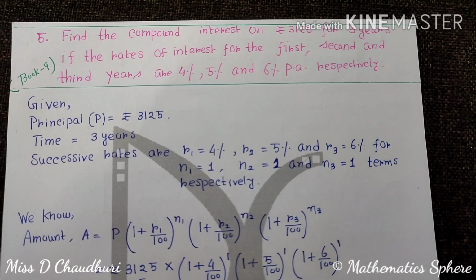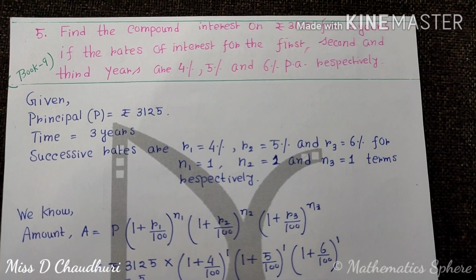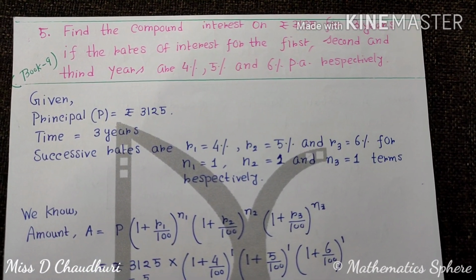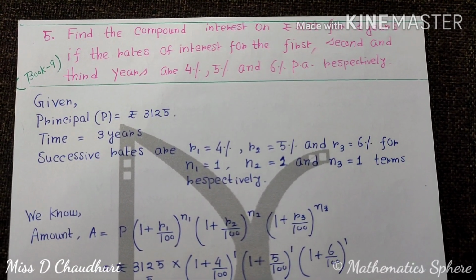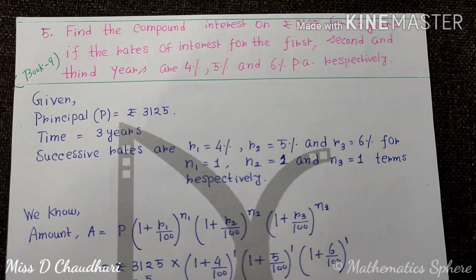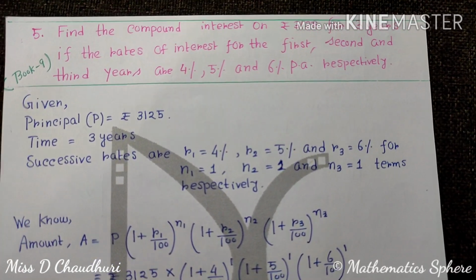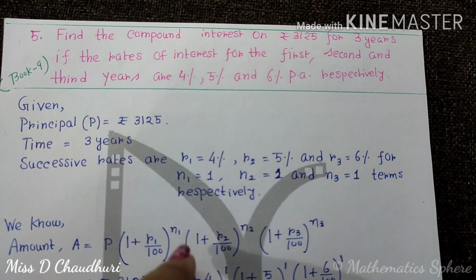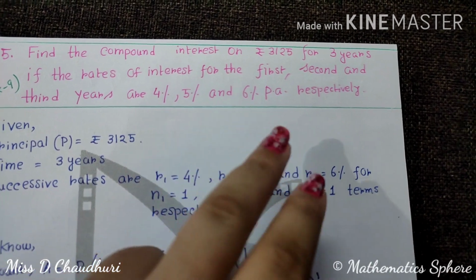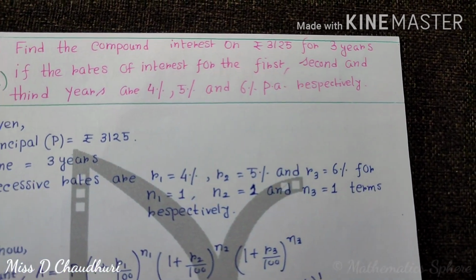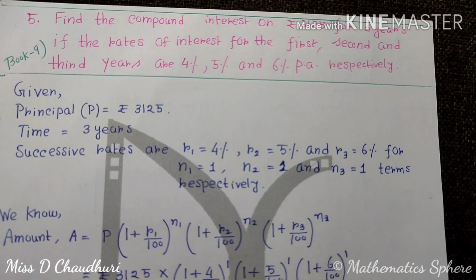Okay, while you did without using the formula, what you used to do, for the first year you took the rate as 4, for the second year while calculating you took the rate as 5, for the third year while calculating you took the rate as 6. Same thing will be done, but what is the difference? If this was for a single rate, you would have taken whole to the power 3. Okay, but here 3 rates are given for 3 consecutive years, so we are going to take 1 1 1. Okay, see what is done.